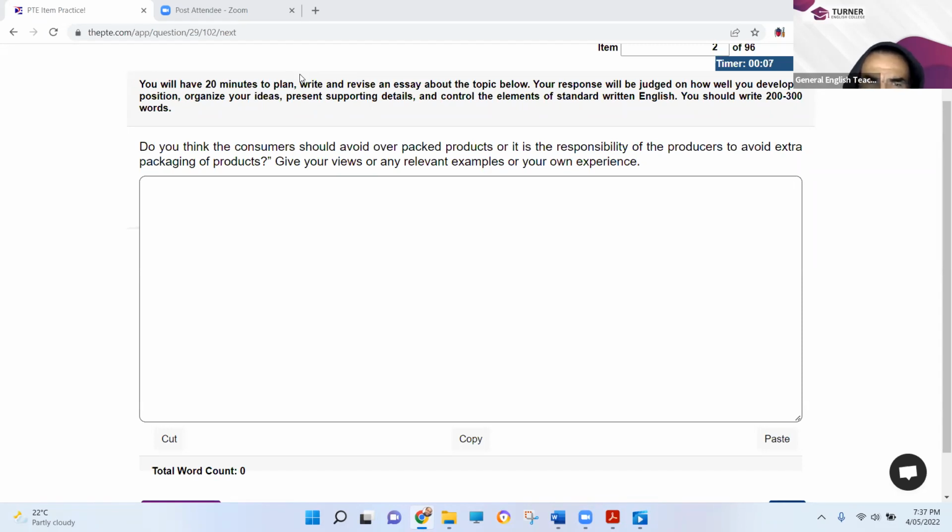So remember, once you're typing here and the time runs out, whatever you have typed here is considered as the answer and the computer wraps it up. Okay. Now, thank you, Mayuko. So we'll start with